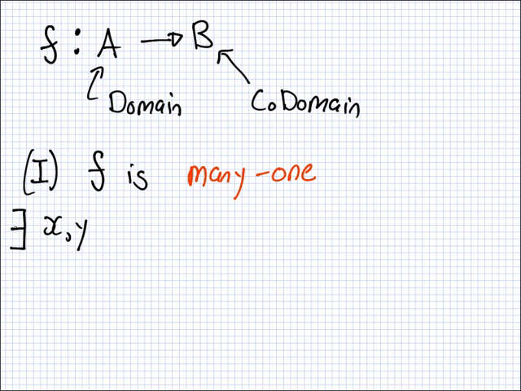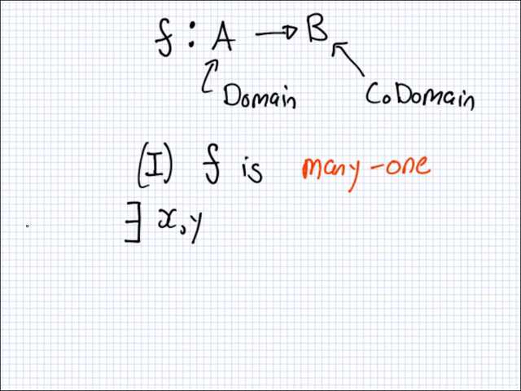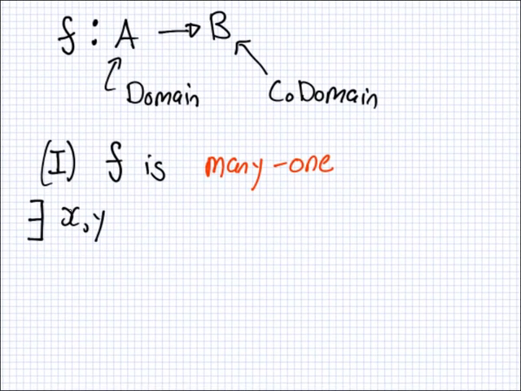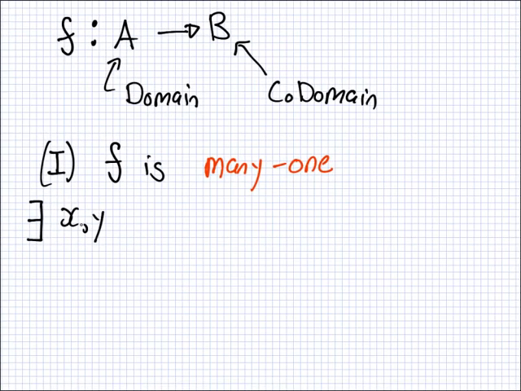It means exists, is possible. So f is many-one if there exists